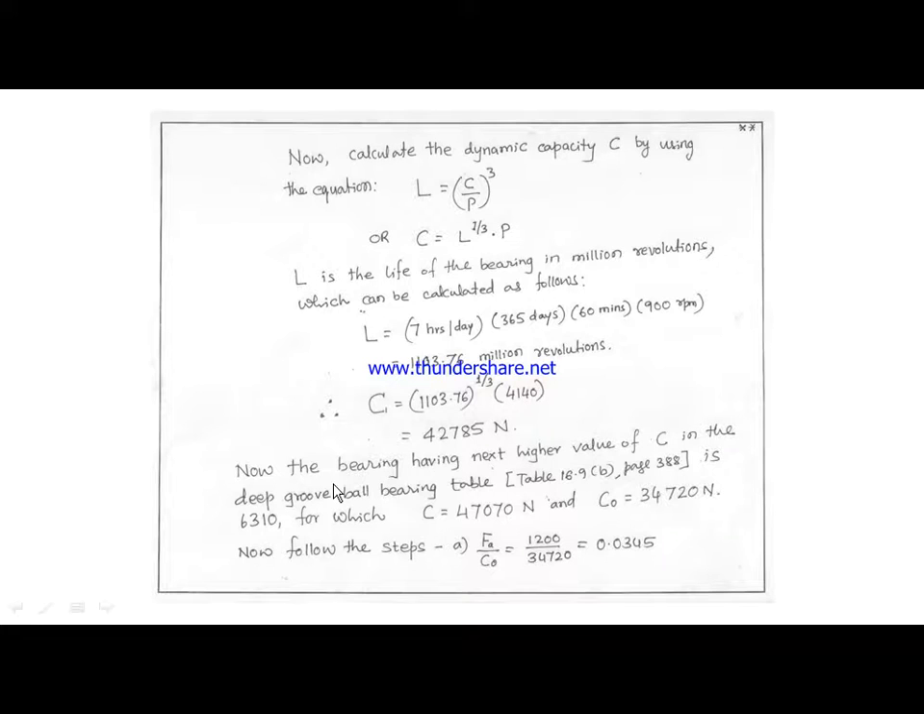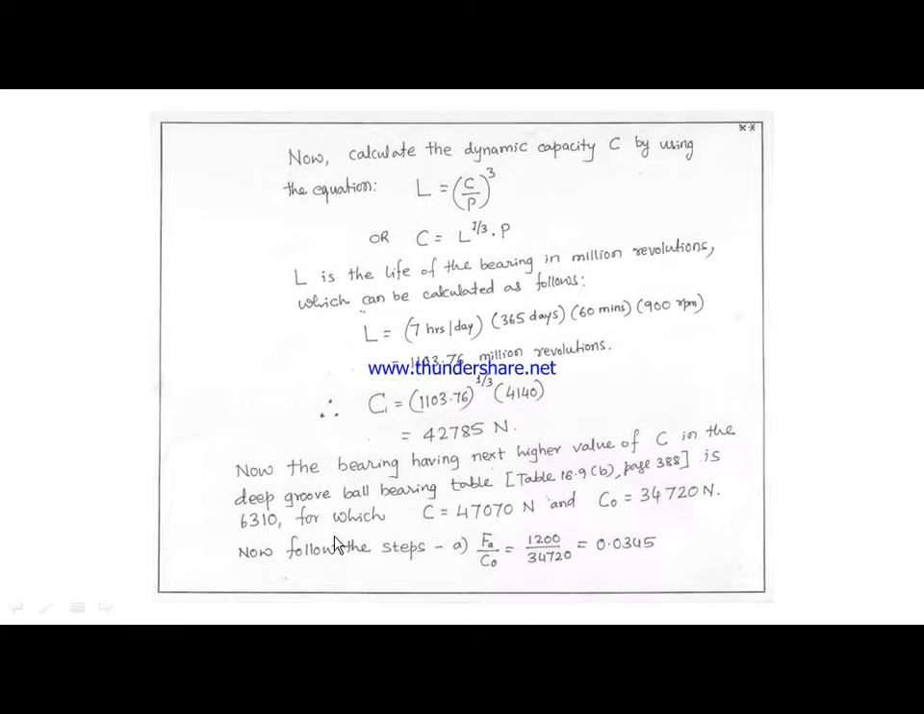42,785 Newton. Now the bearing having the next higher value of C in the deep groove ball bearing table, that is table 16.9b on page 388, is the 6310 bearing. For this bearing, the rating values are: static capacity is 47,000, dynamic capacity C is 47,070 Newton, which is higher than this value. That is why this bearing 6310 is chosen,